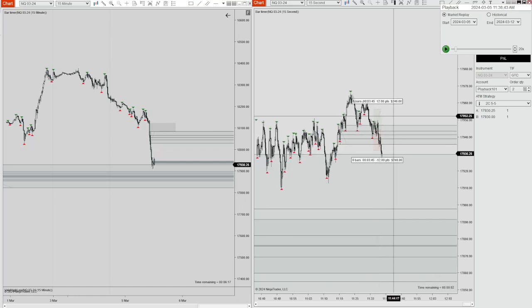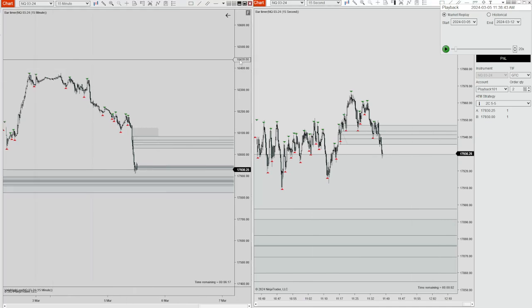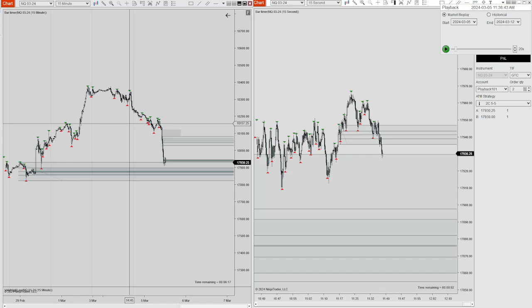But anyways, that's it for me, guys. I place high importance on my narrative, and I look for price action to align with my narrative, and then I look for my entry. That's how I trade, and I find a pretty decent amount of success with it. Obviously, I took some losses, but